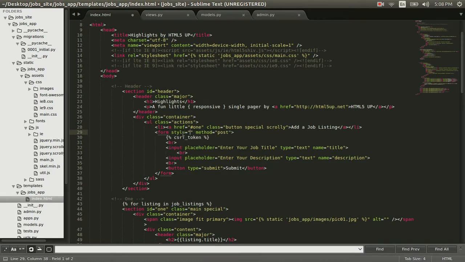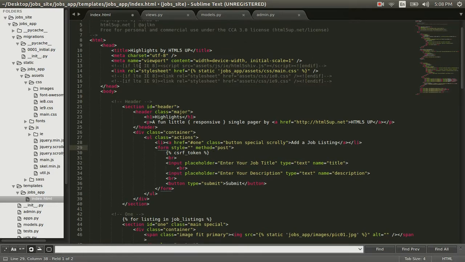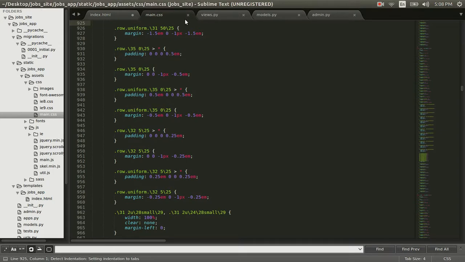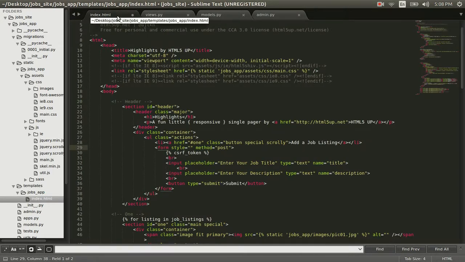And just to warn you guys, we normally do not add CSS code this way. We normally link to a CSS document, such as the one in main.css right here that we see in job site, jobs app, static, jobs app, asset, CSS, main.css, and we can click that and we see a whole bunch of CSS code. So that is normally how we add CSS code and add styling to our website. Another way we can do it, and the way we're going to do it right now for purposes of brevity,